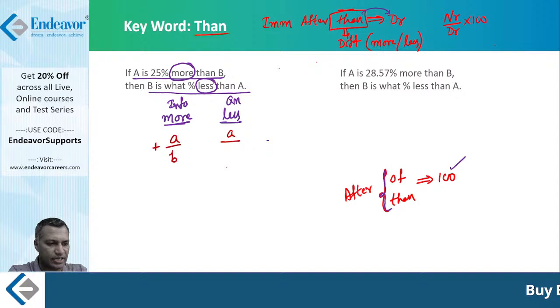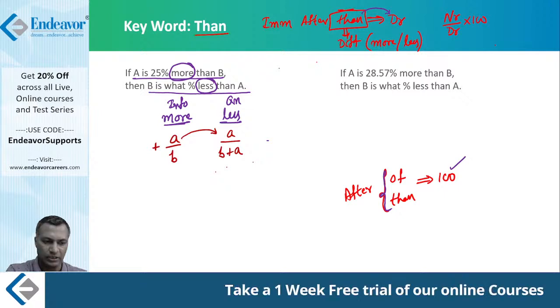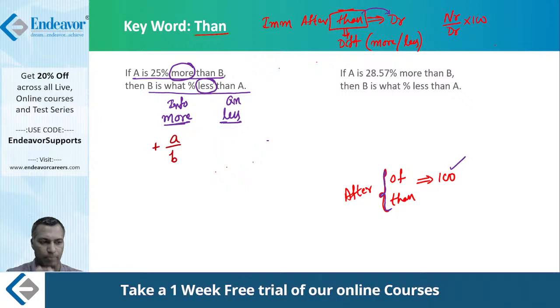Look at the sign between A and B. What is the sign between A and B? Plus. Therefore add both of them and write it in the denominator, which becomes your answer. I will repeat it again. So if the more is associated with a fraction A by B, I will come to it.